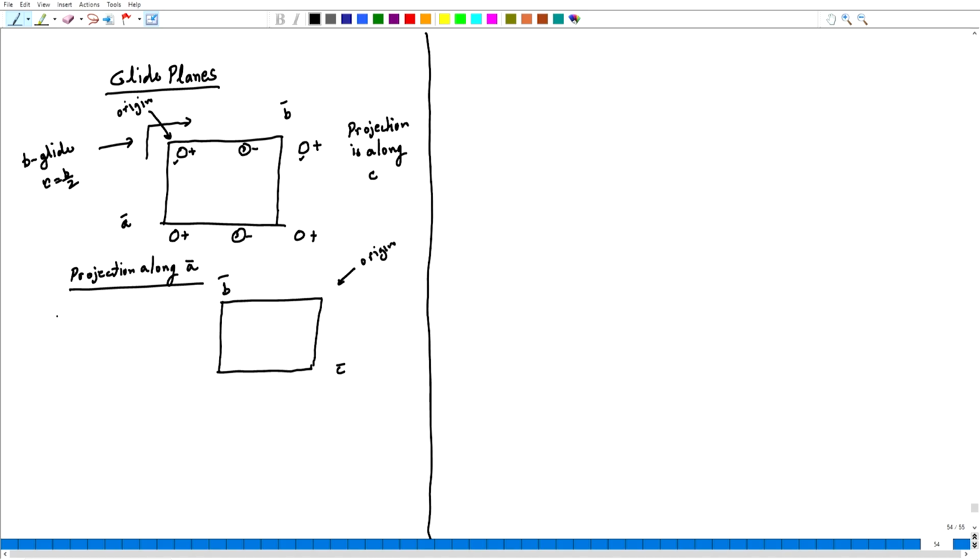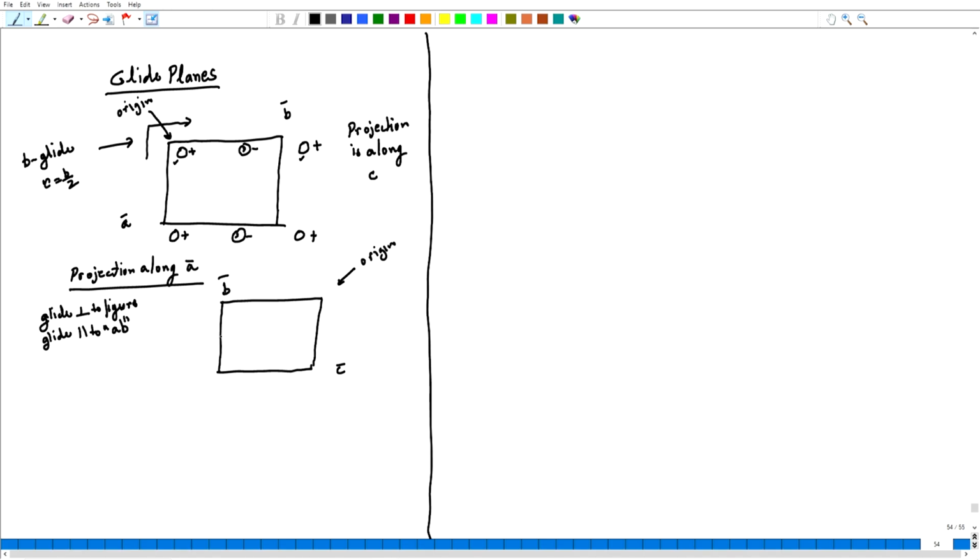So, I should say glide perpendicular to figure. In this case, it was parallel to the figure, and glide is parallel to AB,